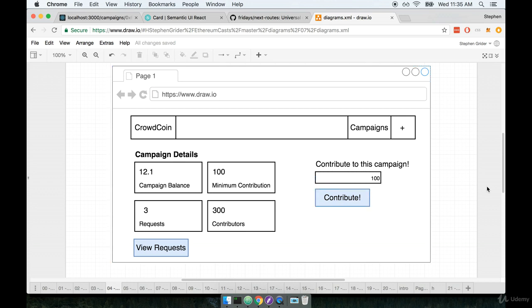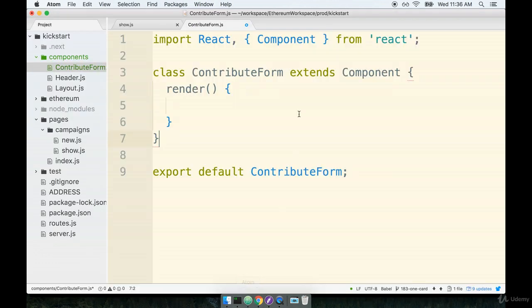So just like that new campaign form that we worked on that had the spinner for the button and it showed error messages, all that whole nine yards, I think we need to do all the exact same things around this form as well. So if a user tries to contribute and there's some error thrown during the process, we really want to communicate that to our users. So with that in mind, let's go back over to our code editor